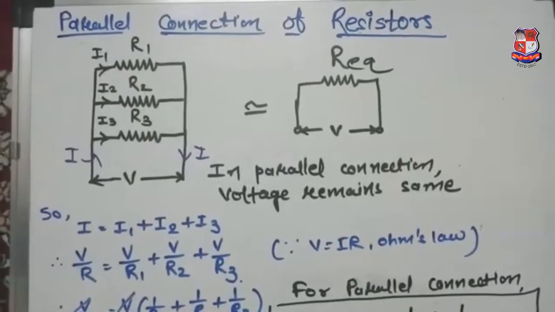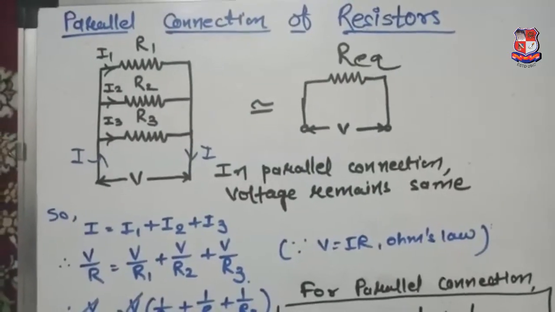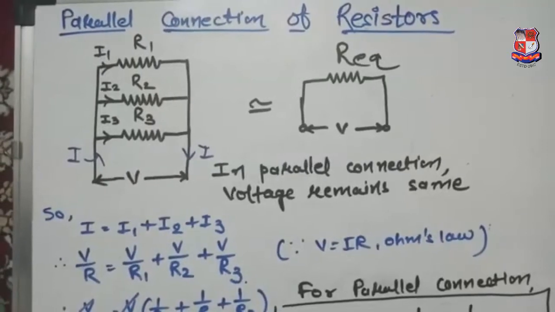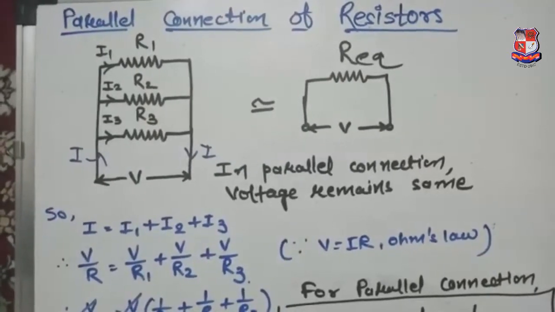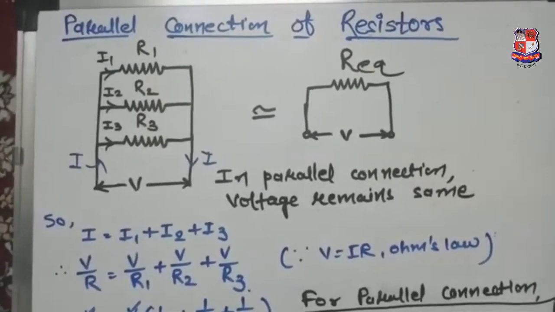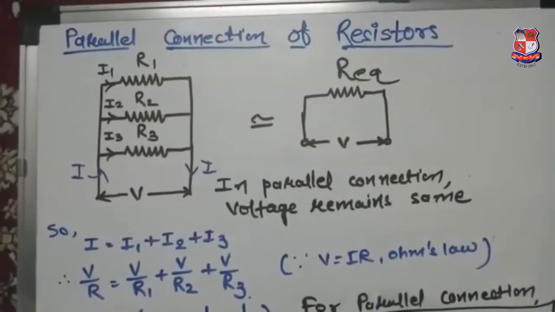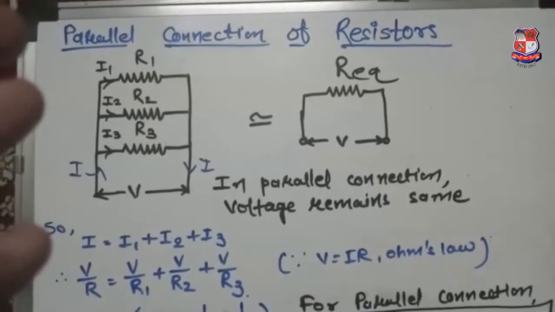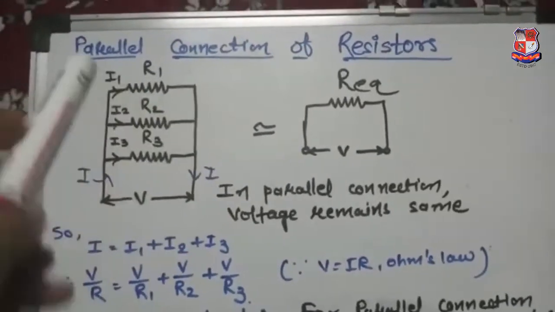Hello dear friends, myself is Roshni Parikh and today we are going to learn about the parallel connection of resistors. Before we start to derive the equivalent resistance equation for the parallel connection, you should know what a parallel connection is. Parallel connection means when one end of all the elements are connected together and make one terminal. In the same way, all the other ends of the elements are connected together and make the other terminal. That is the parallel connection.